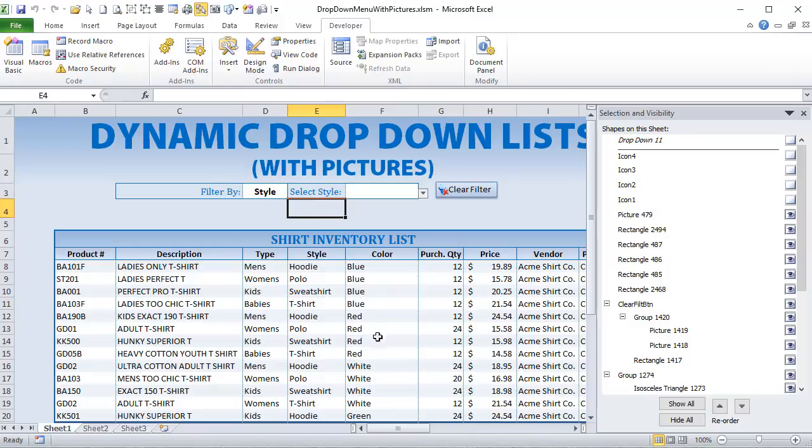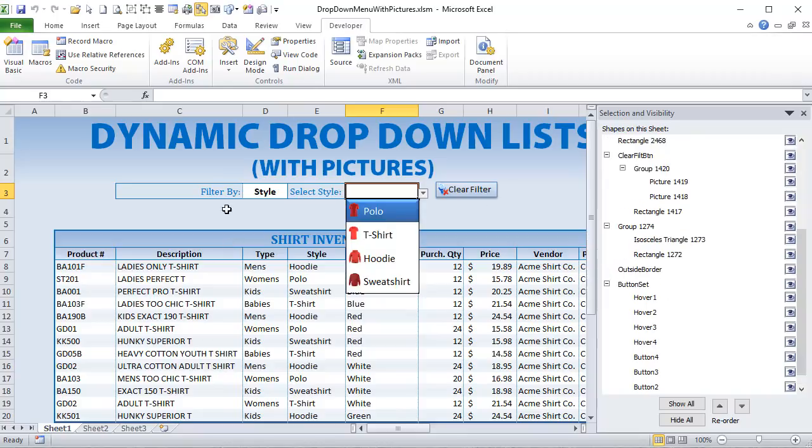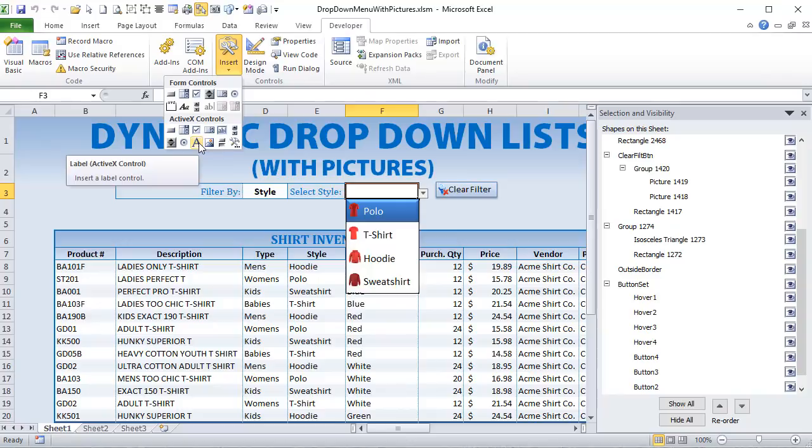Let's move on to our next macro and see just how we get these hovers. Now, how do we get these hovers? Well, inherently shapes do not have a hover, right? In other words, when we hover over a shape, there's no inherent macro that we can run, but we can do it if we do a specific type of shape here in our insert ActiveX. So for example, if I run a specific label on an ActiveX, I can get a